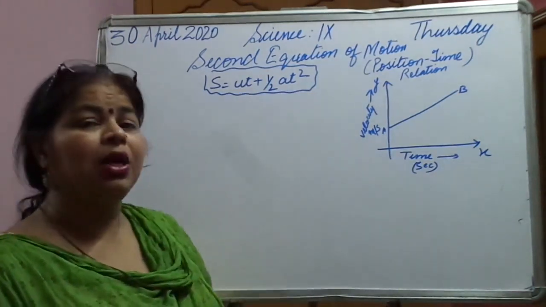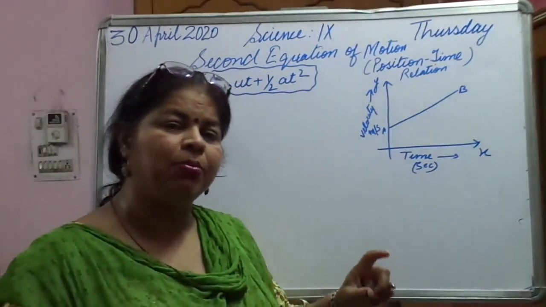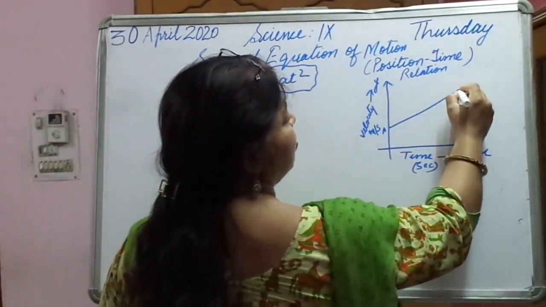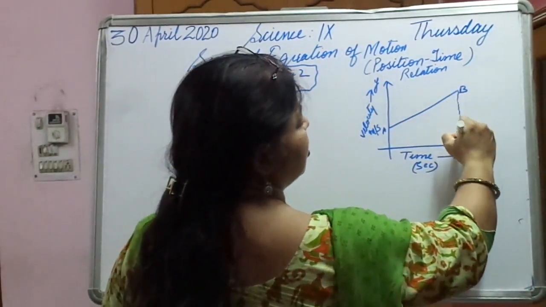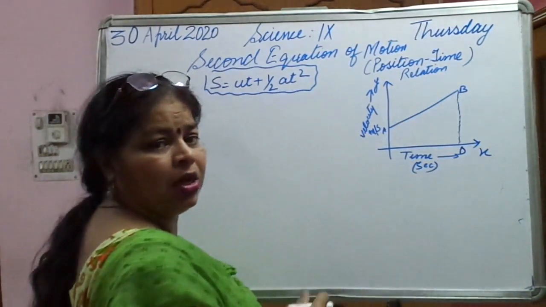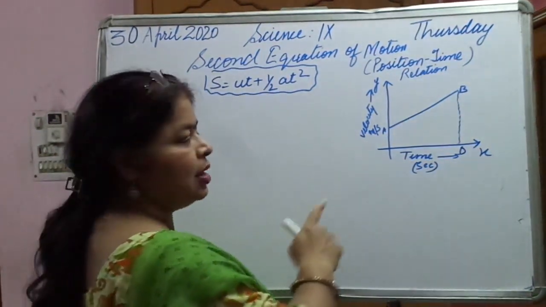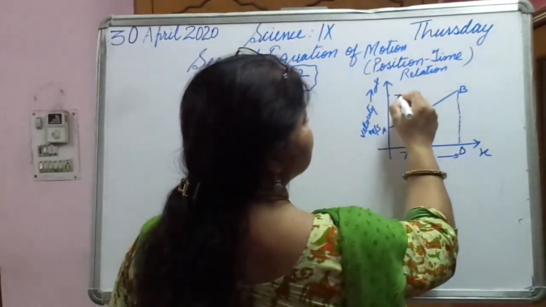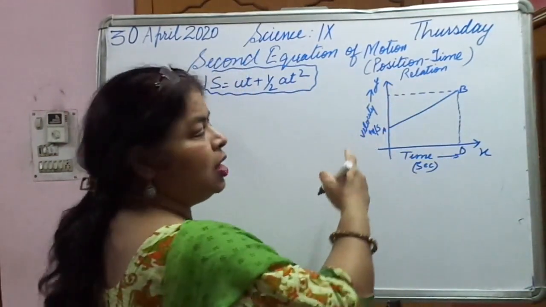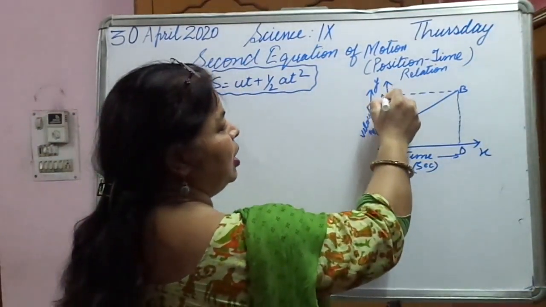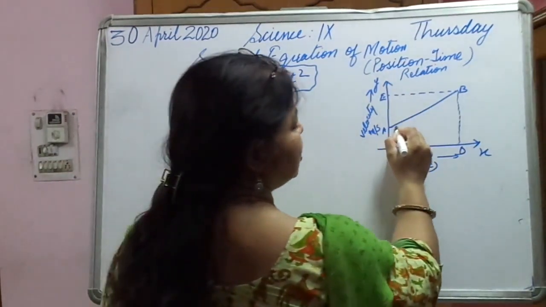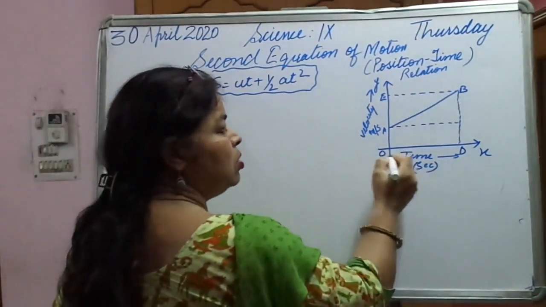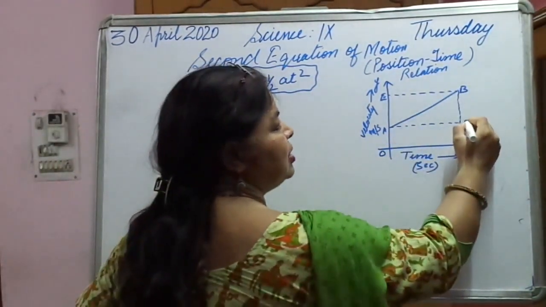How to do it? Again, yesterday if you remember, we had drawn two perpendiculars. So again we are going to do that. B, D. This is a perpendicular on the time axis or x-axis at D. A perpendicular is dropped from B to D. Then next is again a perpendicular on the y-axis, and let it be E. Then we had drawn yesterday one parallel line to OD. This we are going to name as C.